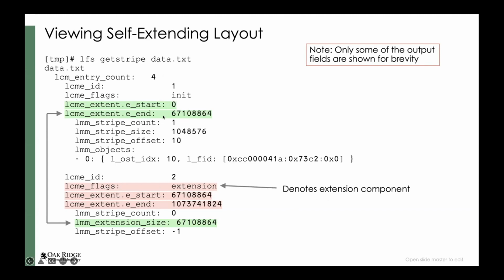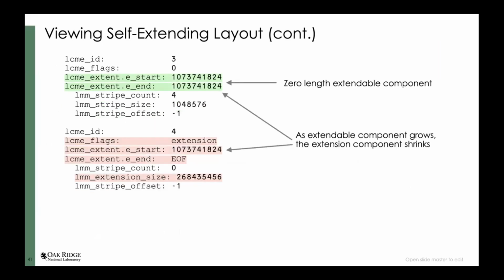The thing you'll notice is basically that when you specify it, what looks like one component actually gets split into 2 components here, and the extension component has this extension flag set on it. So in this case, you basically have a component that starts at 0 and goes up to 64 megabytes initially, and then the extension component covers 64 megabytes up to 1 gigabyte. And then as data gets written to the file, this first component's endpoint keeps increasing upward, and the start of the extension component keeps going upward as well and shrinking, so that the sum of the 2 basically cover the same